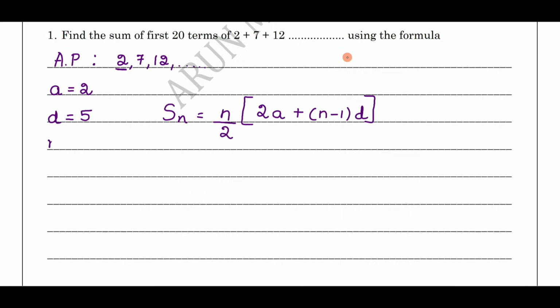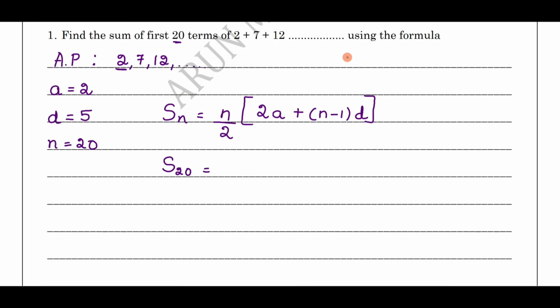Next, we need to find out the sum of how many terms? 20 terms. Therefore, n equals 20. The first term a equals 2, common difference d equals 5, and the sum of 20 terms we should find out. Now, substitute in this formula. S20 equals,